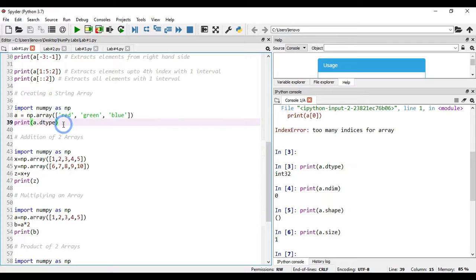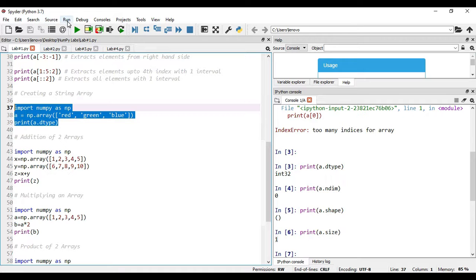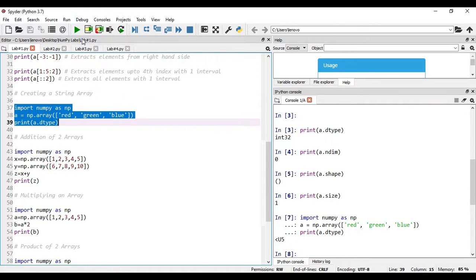So in this case, if you execute this particular statement, print a dot dtype, then it is going to give string type. Let us see whether we are expecting correctly or not. Select this code and run the cell. See, here we got the output as a string type.